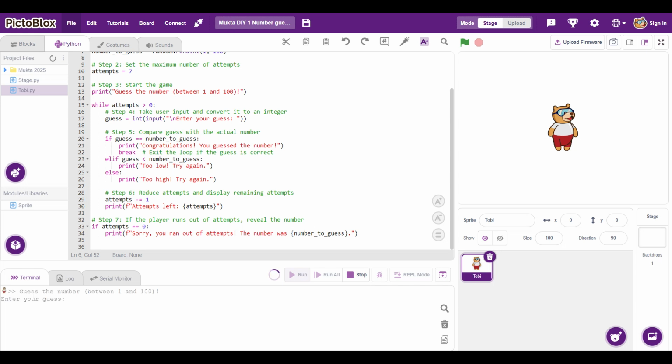So, ready students, Toby is saying ready students. Now enter your guess. So I'm taking the first number, 50. So it is too high. Now attempts left 6. Next guess